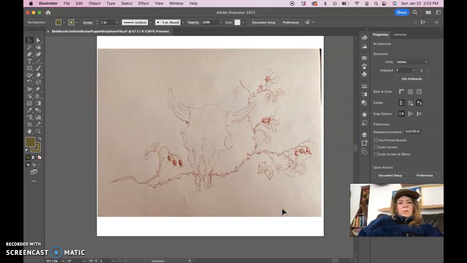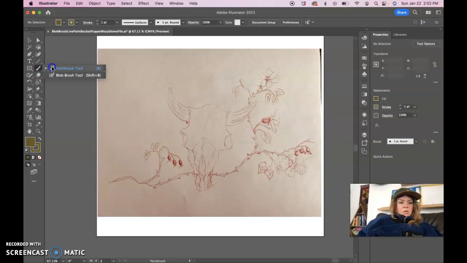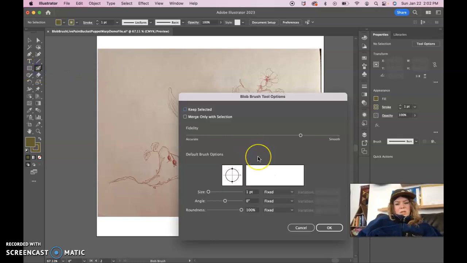This is really the main thing with this demo that we want to go through. We're actually going to use the Blob brush tool and the live paint bucket tool together, kind of like drawing tools and coloring tools that are going to come in handy for you, honestly. So let's click and hold down on the paintbrush, and let's go to the Blob brush. If we double click on this, we can get the tool options,